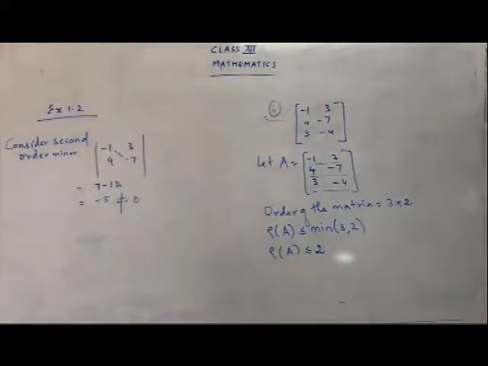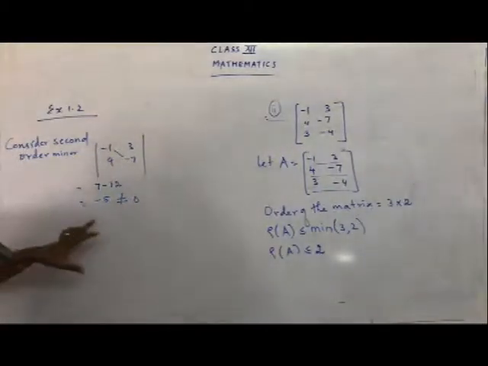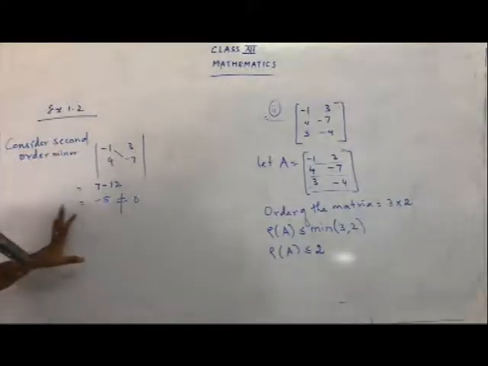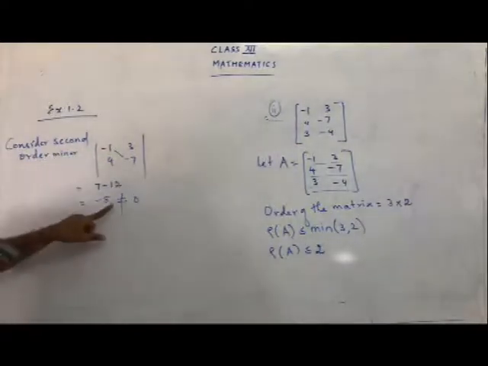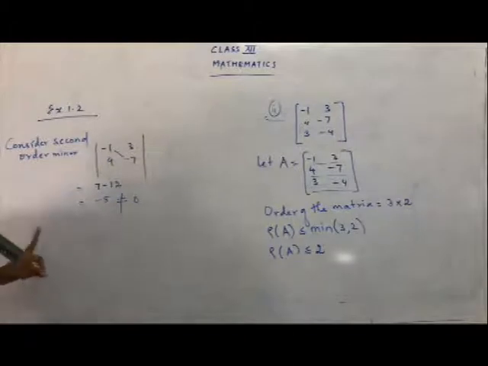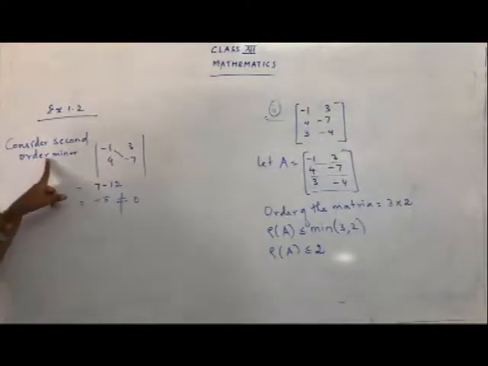I have arrived at a non-vanishing minor in the first step itself. That is, in the first step itself I got that the minor is a non-vanishing minor. What do you mean by non-vanishing? The answer is not equal to 0. So no need to go for the first order minor. In the previous sum we found the second order minor, I got the answer as 0, yes. Then we also tried for the first order minor. But in this sum there is no need for finding the first order minor, since we have arrived at a non-vanishing minor in the second order minor itself.